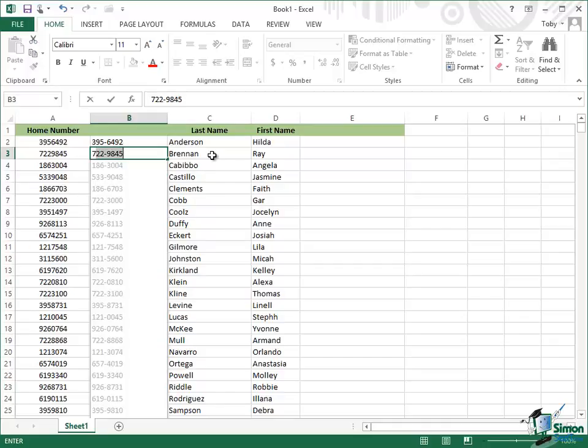So it uses the first one as a sort of model, and it says, okay, I can see what you're doing there. Well, if I applied the same principle to the rest of the column, this is how all the others would look. Now I can look at all those and I can say, actually, that's absolutely right, they'll all be absolutely correct. And then all I have to do is to press